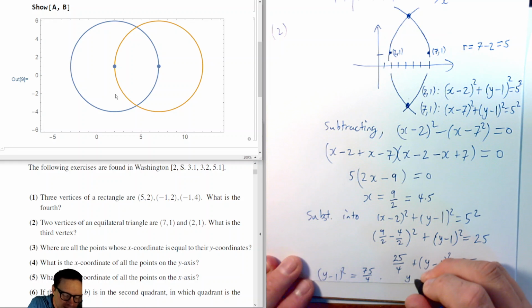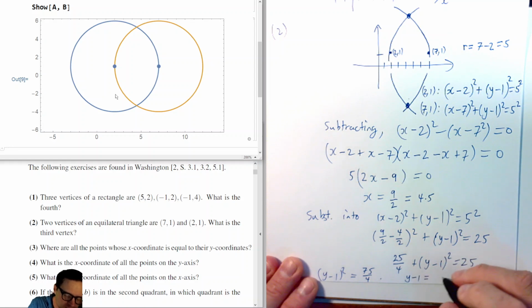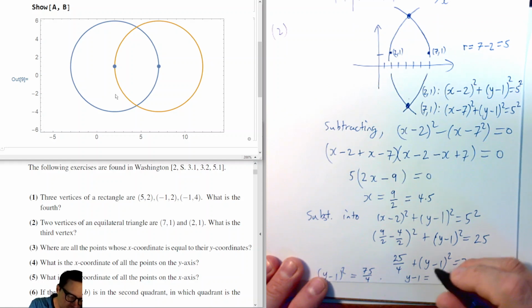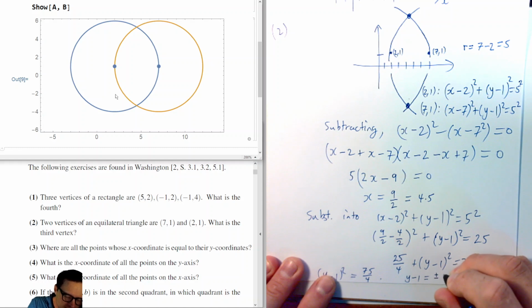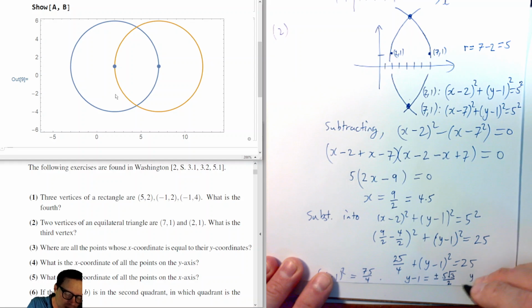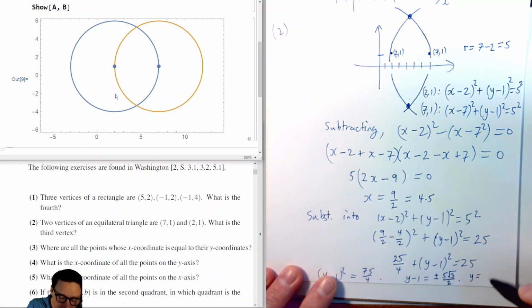So we have y minus 1 is equal to plus or minus the square root of 75 over 4. Now the square root of 75, since 75 is 25 times 3 and the square root of 25 is 5, we'll get plus or minus 5 root 3 over the square root of 4, which is 2. And so that tells us then that y is equal to 1 plus or minus 5 root 3 over 2,